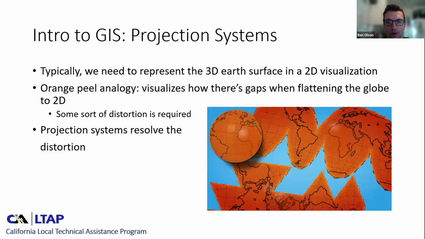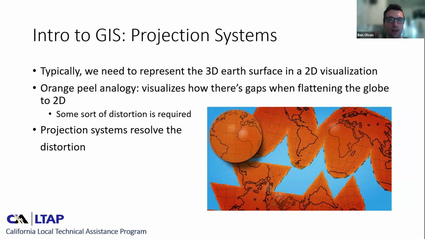A few more introductory concepts, so we have the concept of projection systems in GIS. You can think about the need for projection systems coming from the fact that when you're creating a map, you're representing a 3D reality in a 2D visual. The Earth is a sphere, right? It's 3D. You can think about projection systems with this orange peel analogy, where you think about the Earth as an orange and you peel the surface of the Earth as if it were an orange